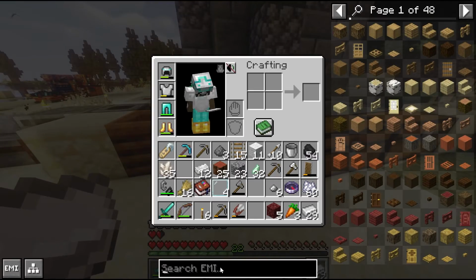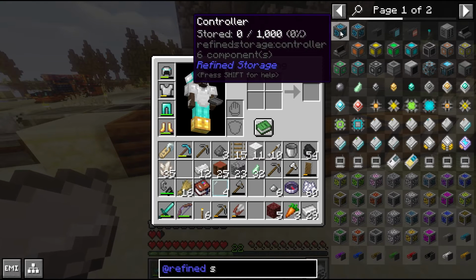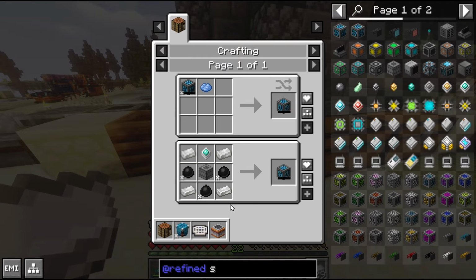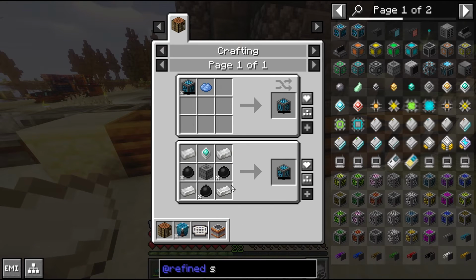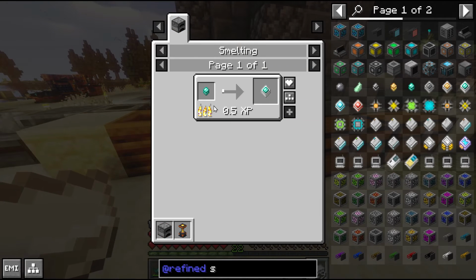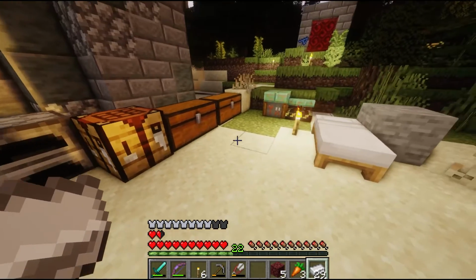All right, so refined storage. So that's basically the pros. Let's focus on refined storage. We're definitely going to want a controller, right? So how do we get one of these? Silicon, I think we're good on, right? Advanced processor. We're going to smelt one of these. So let's make sure we've got silicon, diamond, and redstone on us. That should hopefully...